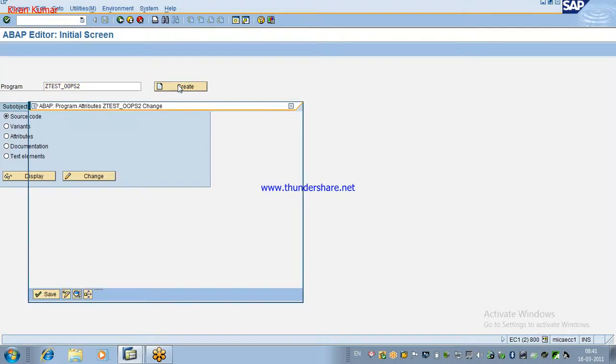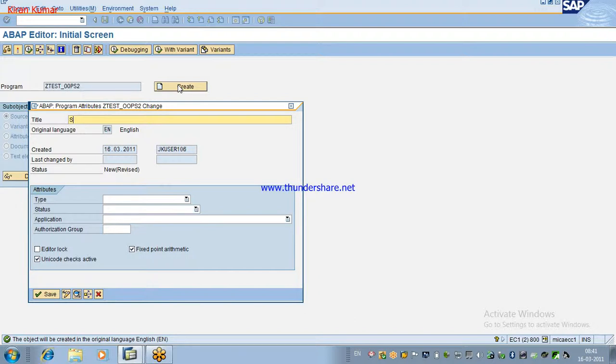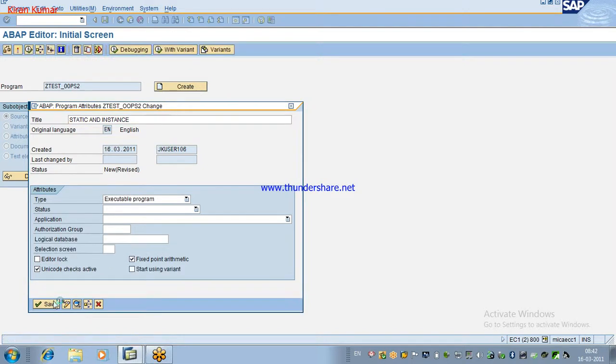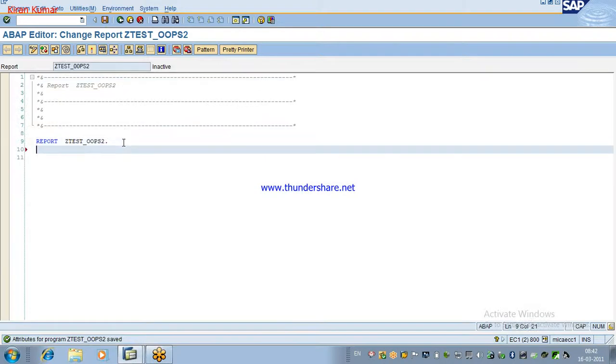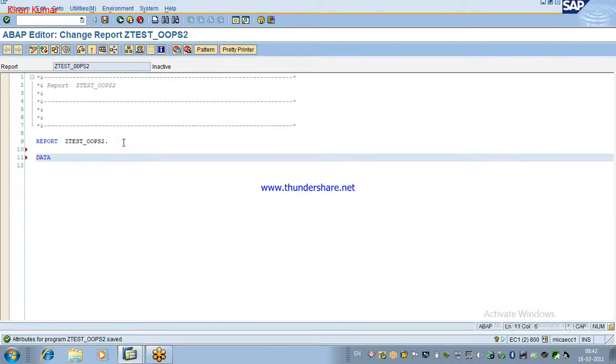What I'll do now, I'll say data obj1 type ref2 zcl_test.